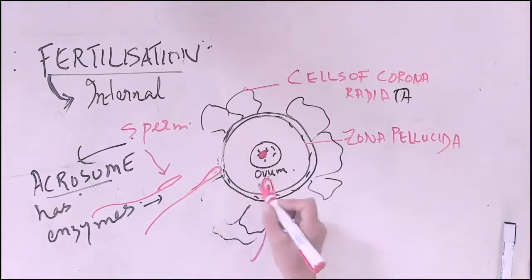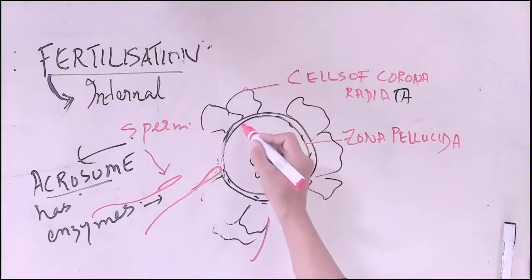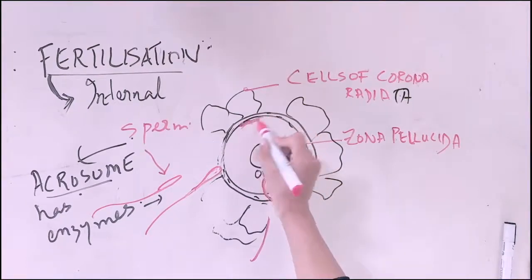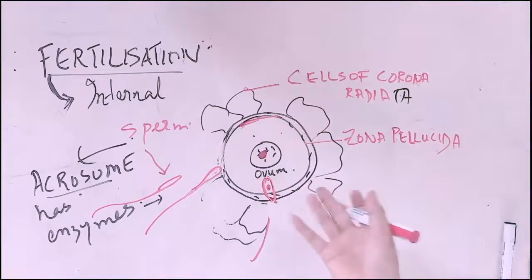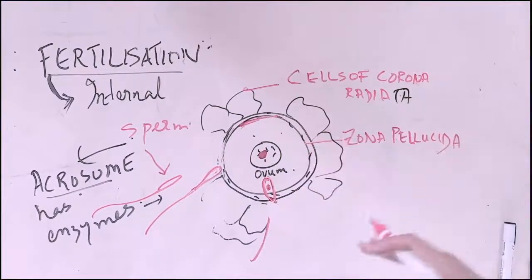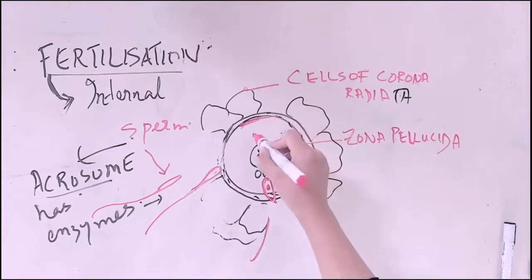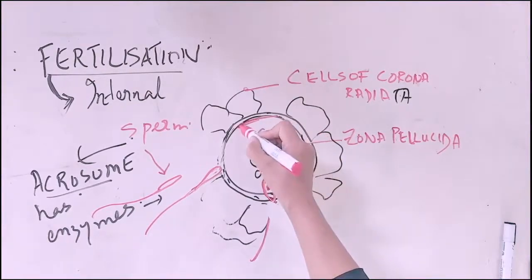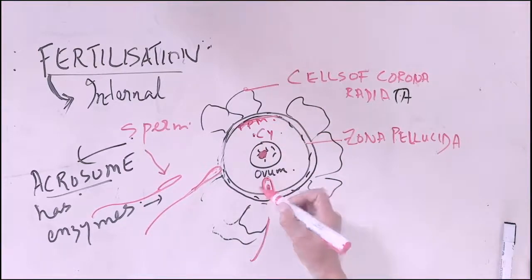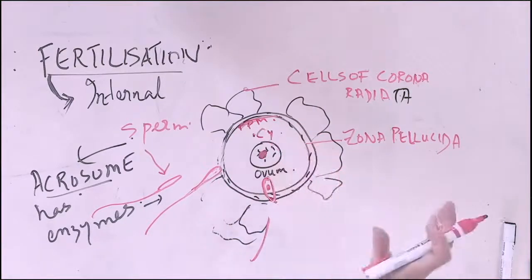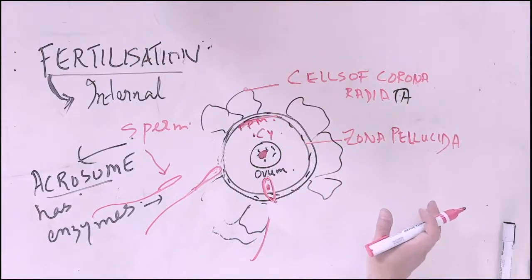Actually, so when it enters, here this is the plasma membrane of the ovum. Here, I have plasma membrane here. I have cytoplasm here. More like cytoplasm. It is a fluid only inside the cell. Plasma membrane is something which is covering the cell. So plasma membrane, cytoplasm, plasma membrane of the ovum. Actually, so when it enters, how many sperms do we need to fertilize the egg?